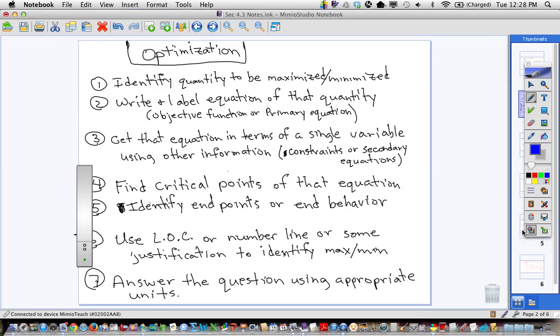And a lot of the problems, the story type problems, real life type problems, you can sometimes do a number line. Sometimes there's only one possibility, one candidate, and the others are like infinity and that kind of thing. And so you can use that as opposed to your list of candidates. So it depends on the problem, depends what you prefer and those things. And we've talked about that over the last couple of days. So,